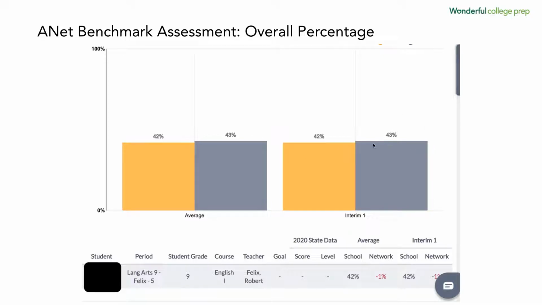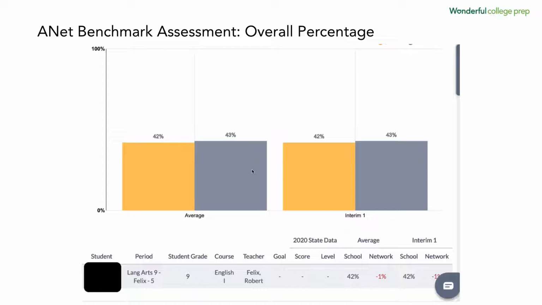And so you may get this one. You may also just get the numbers. One thing to know here is that when I look at this 42% for the student score, which is the school score right here for the student, we're looking at 42% was the score, and 43% was the overall network. So right now, when you're looking at these graphs, I wouldn't judge it against 100%. I'm judging it against the gray of the network.